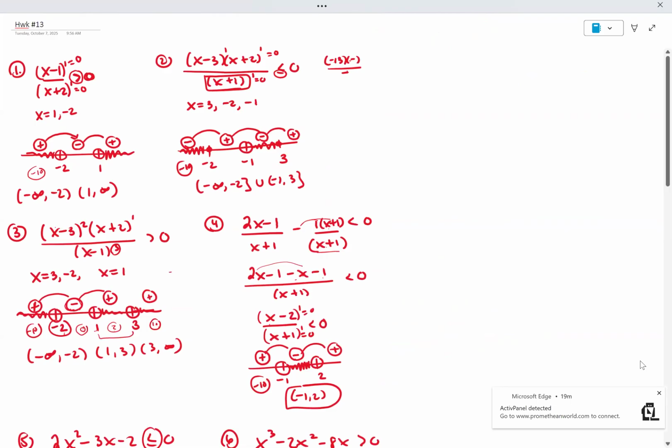But the biggest takeaway is on solving the rational inequalities. I hope that